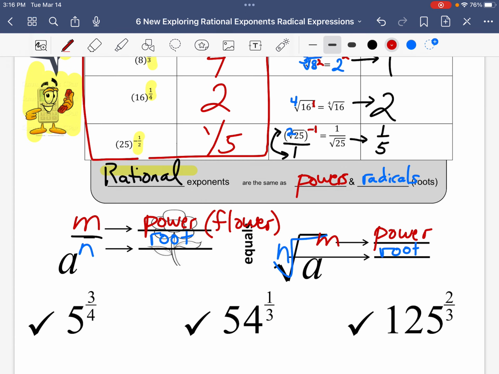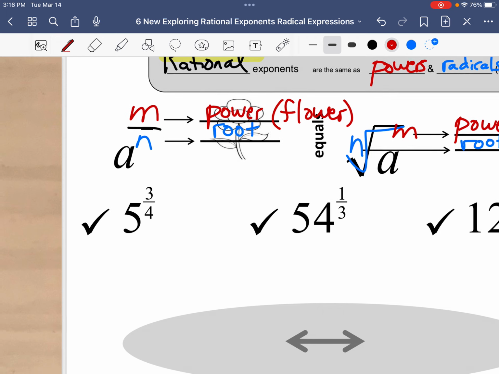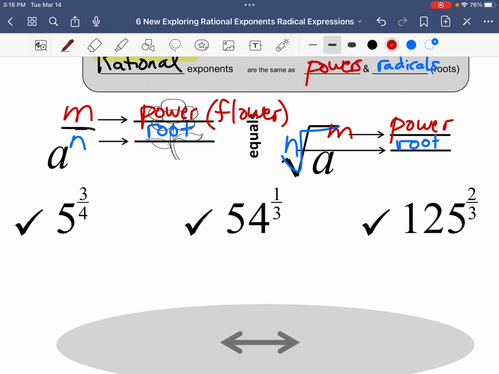Now the whole point here is that there are two ways to basically describe the same type of problem. Okay, so just relax. There's two ways. They both can give us the same answer. What we want to be able to do now is think in both ways. So if I have 5 to the 3/4 power,